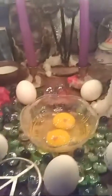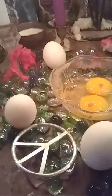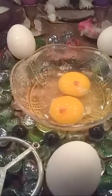Oh, wow. Okay. How does the top keep getting left off of it? So, anyway,